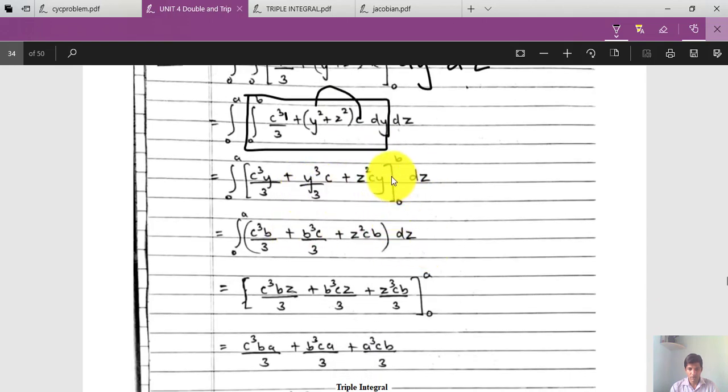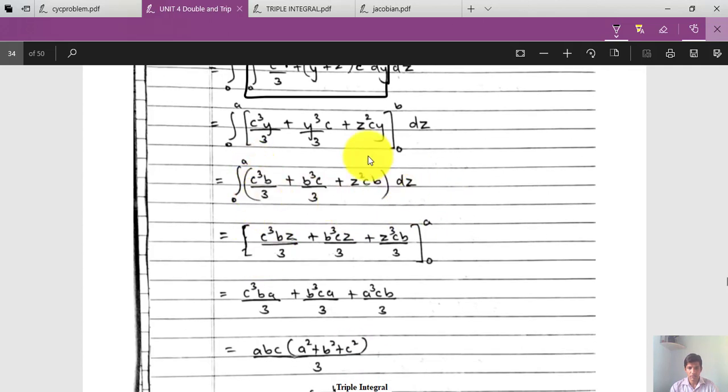Then after evaluating it, again here I will substitute for y. If I substitute the lower limit as 0, I do not include it, only the upper limit I will include. So c cube b by 3 plus b cube c by 3 plus z square c by b over dz, right? Now finally if I substitute this, here it is constant, so integration of constant is z,